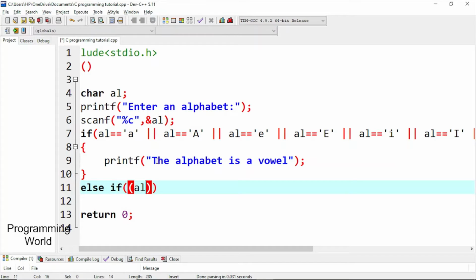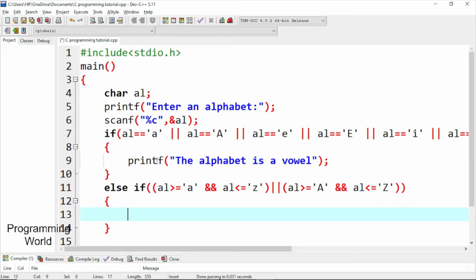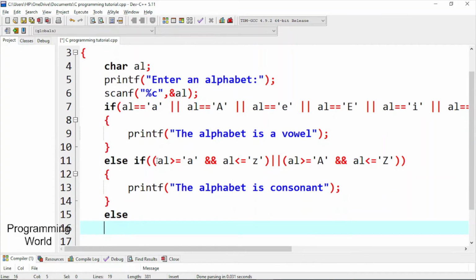So alphabet greater than equal to small a and alphabet less than equal to small z, or alphabet greater than equal to capital A and alphabet less than equal to capital Z. Then it will print the alphabet is consonant. Else it will print the character is not any alphabet.